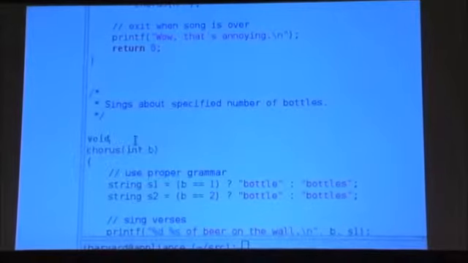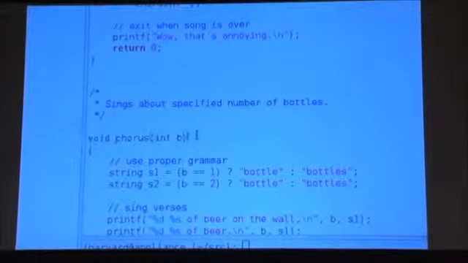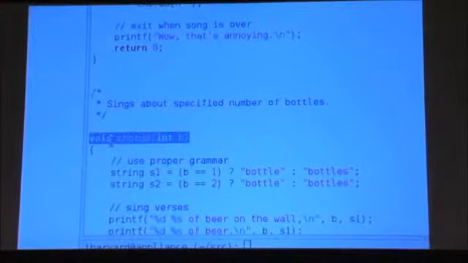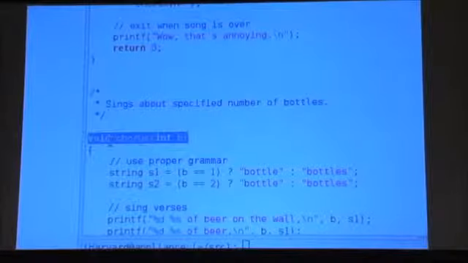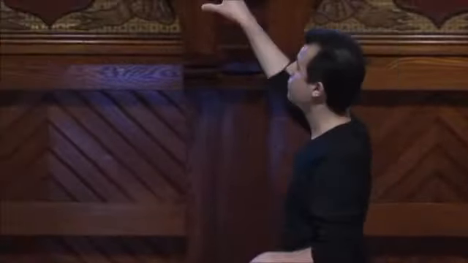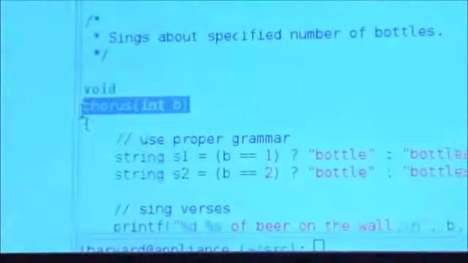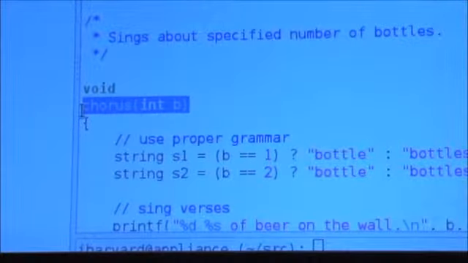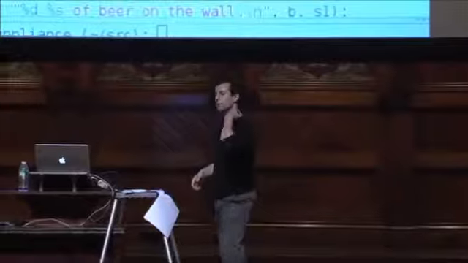Now, why this? This is just a matter of convention. It is perfectly legitimate to write your functions all on one line like this. But if you look back at the CS50 style guide, you'll see that we discuss why this is actually useful. Long story short, if you're using a text editor or some kind of programming tool and you want to search where in your file you've actually implemented a function like chorus, there are usually little tricks in the find dialog to say start searching at the front of a line. So if you adopt this convention of putting the function name all the way to the left, it just means you can find it more easily when your files get big. But it's just a convenience, nothing more than that.